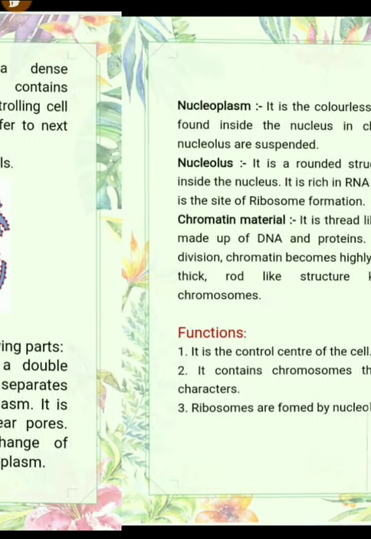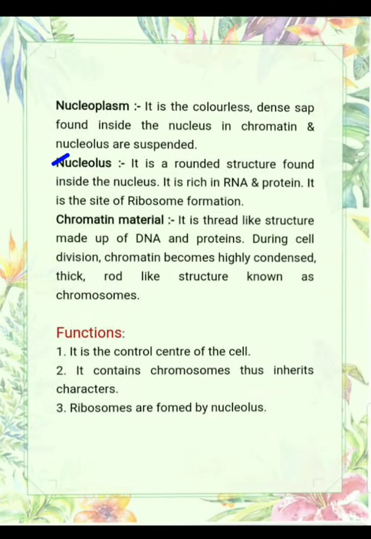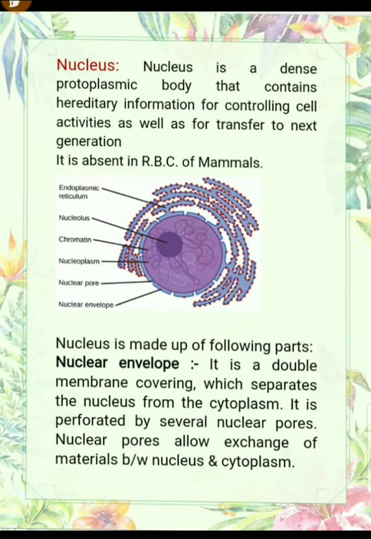The third one is the nucleolus. This one is the nucleolus. Actually it is a rounded structure found inside the nucleus. It is rich in RNA and proteins, and it is the site of ribosome formation. It is made up of RNA and protein, and it is the site of ribosome formation. Means the ribosome formation takes place in the nucleolus. You can see in this diagram, this dark portion, this one is the nucleolus, and the last one is